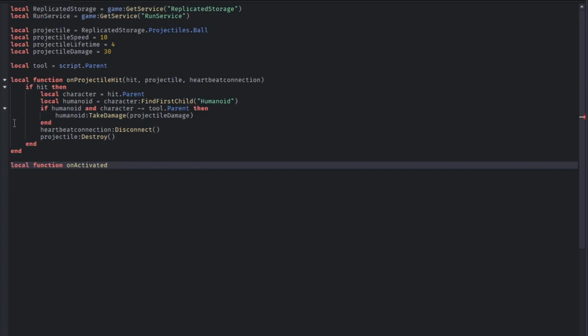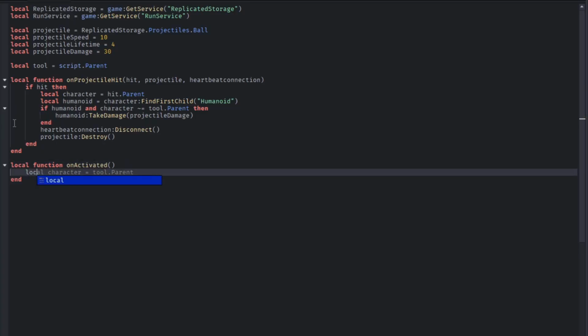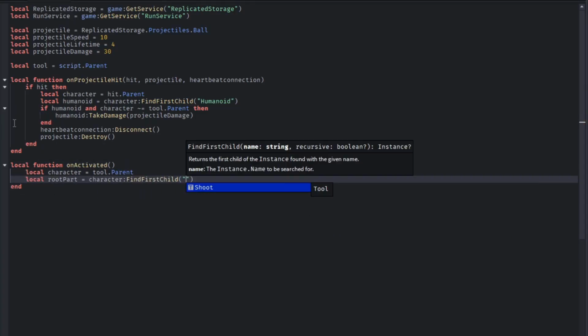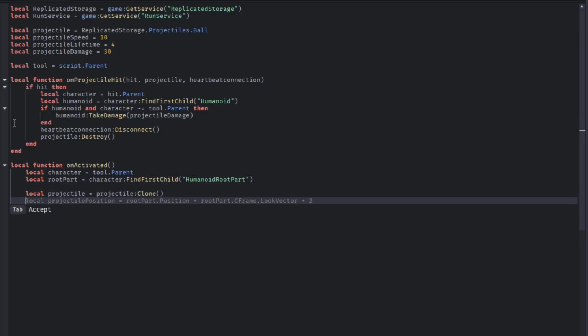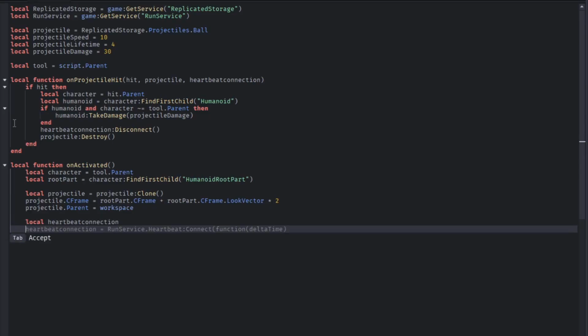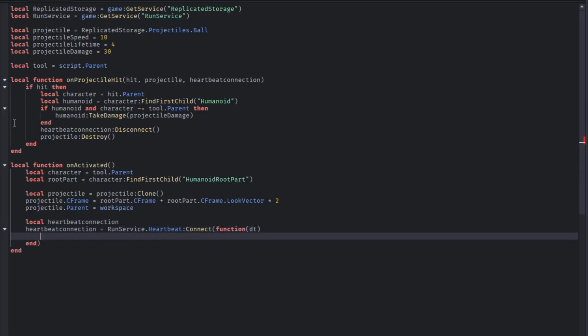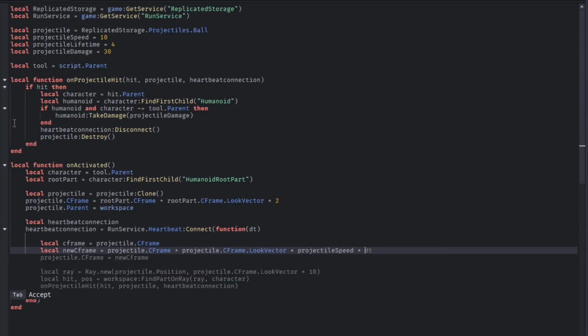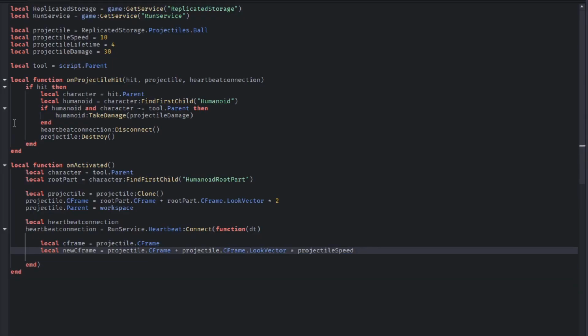Now create another function called onActivated. Create a character variable, rootPart variable, and projectile variable. Set the projectile.CFrame. Set its parent. Create a connection variable and create the Heartbeat event. Add a variable for the CFrame and newCFrame. Add